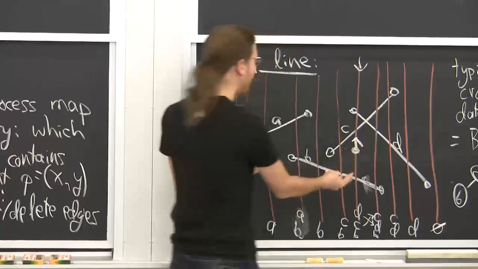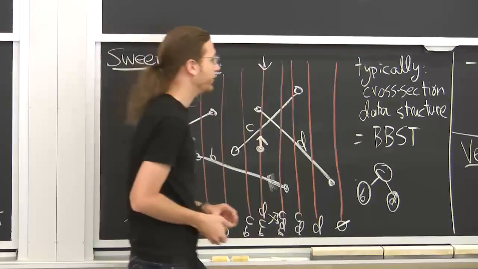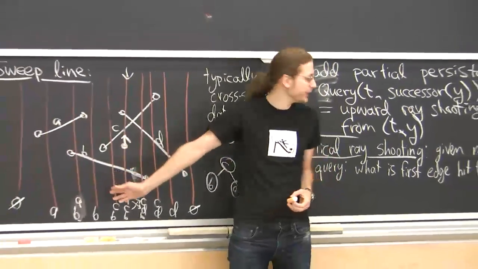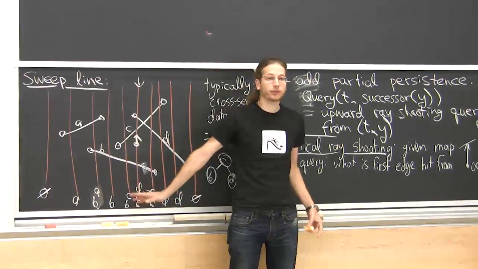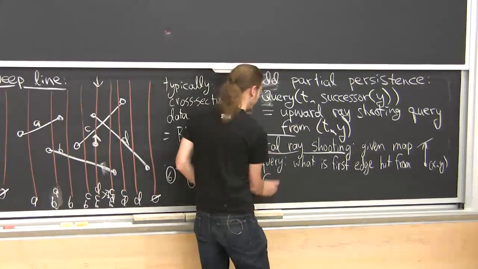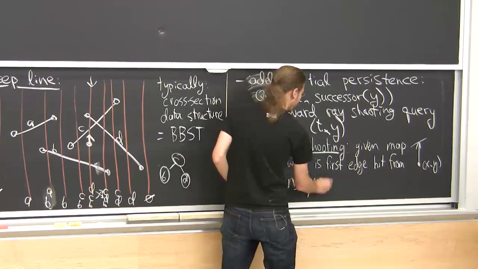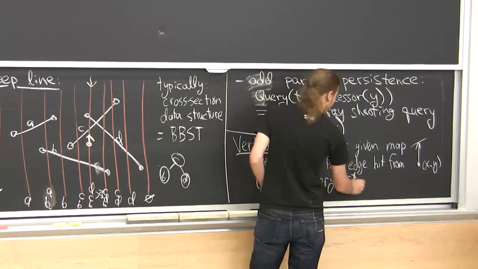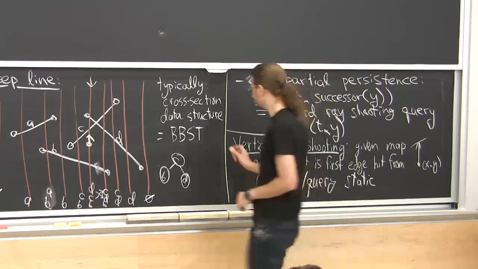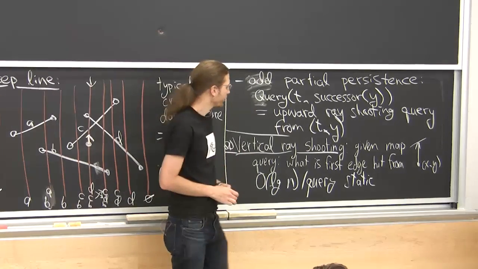We just solved the vertical ray shooting problem for static. If you're given a static map, you run this algorithm once, assuming there are no crossings. Then to answer a vertical ray shooting query, we just go back in time to time t, do a successor query, which takes log n time, and then we get the answer. So we can do this in log n per query, static. This is all two-dimensional. I should probably say that. You can generalize, but